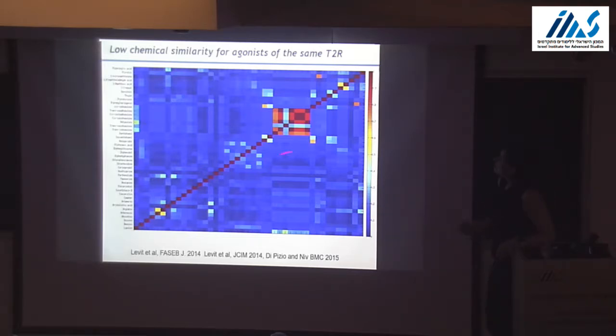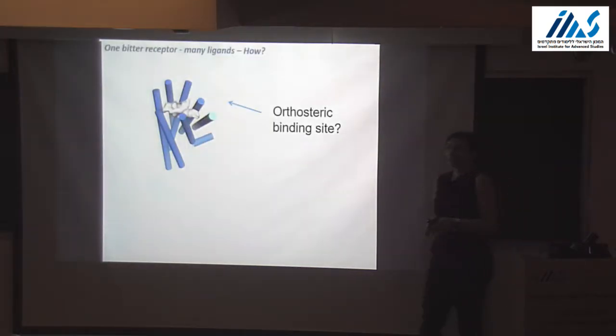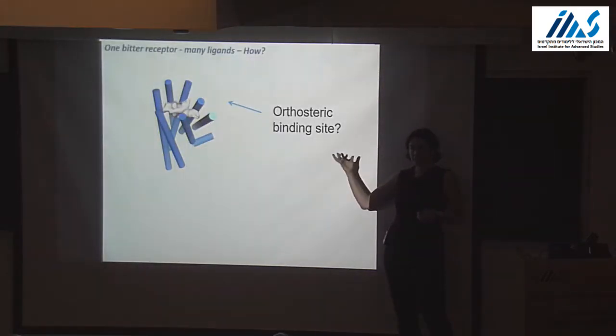In the red, it's identical, and here it's just one little group of hop homologs that are found in beer and bitter, and these are the only ones that are similar to each other. All the rest are very dissimilar. So one of the questions that we asked, and actually others have asked before, is the binding site, is that